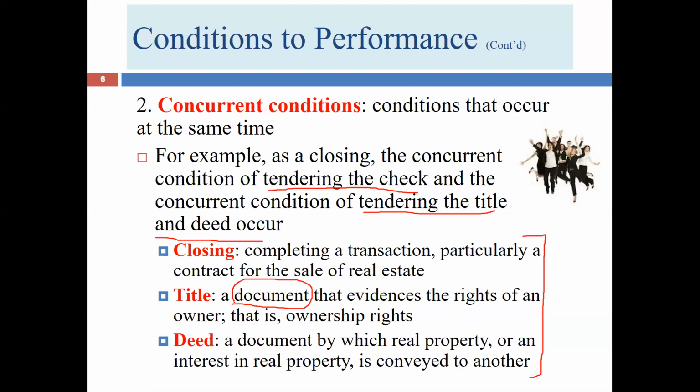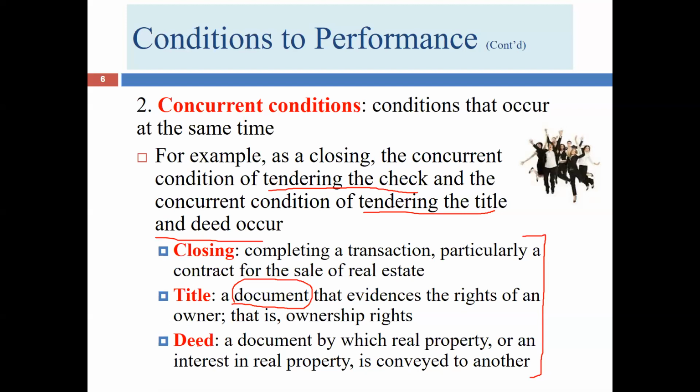If I go to Walmart and buy something, I'm going to get a receipt. So I guess you could call that some evidence of title. But if I don't have the receipt, it doesn't mean that I don't own it. So you don't have to have a document that tells you you own something, but certainly it's a nice thing to have. And certainly we see this with either real estate or high-ticket items like cars and boats.